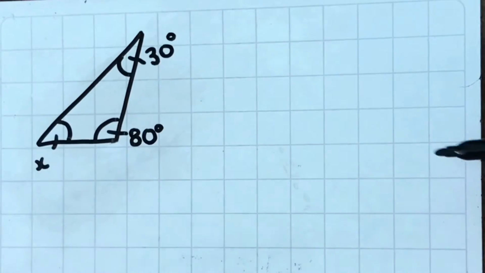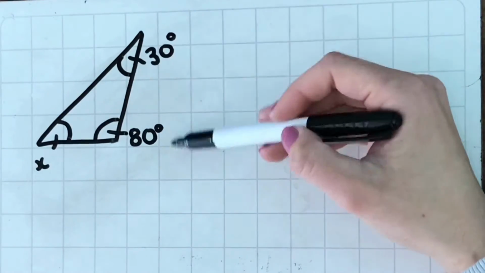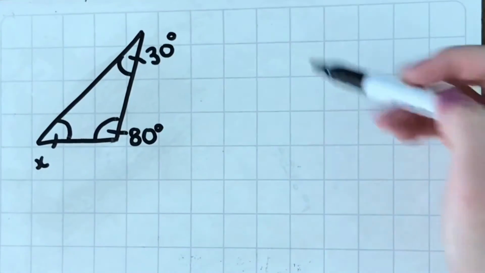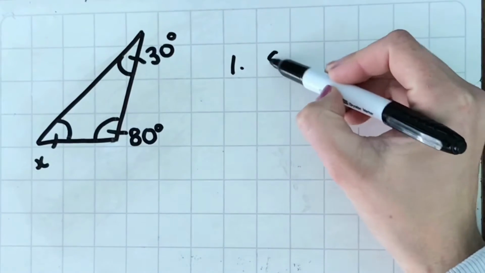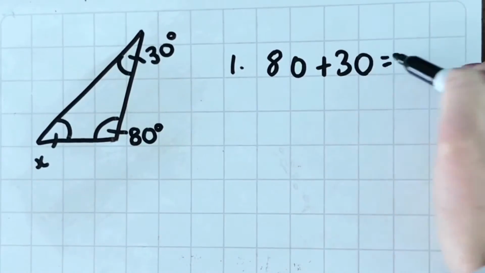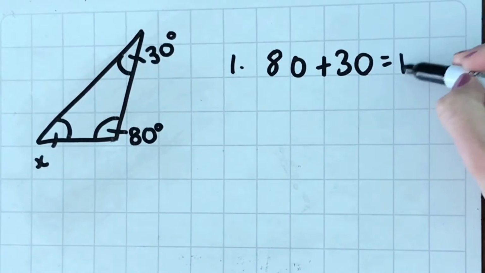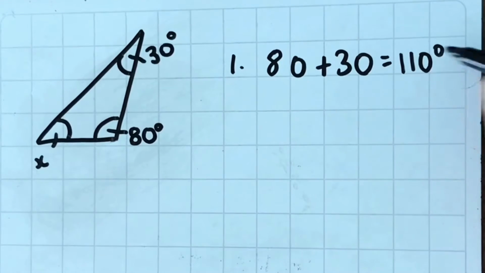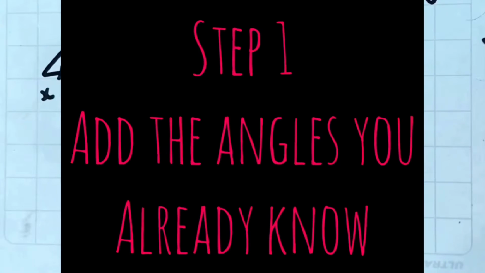Step number one is to take the two angles that you already know and add them together. So for step one, we're going to add together 80 and 30. That gives you a total of 110 degrees. Now,